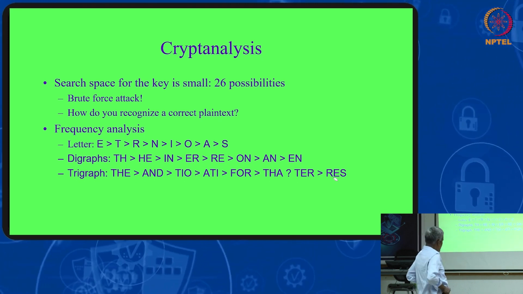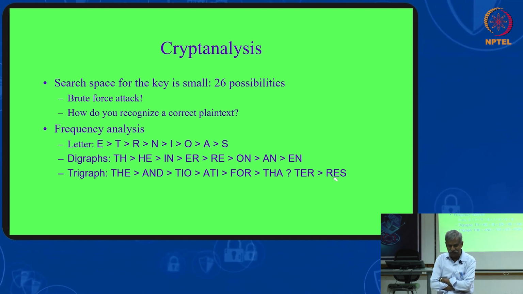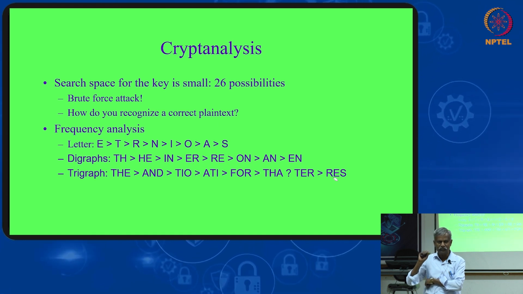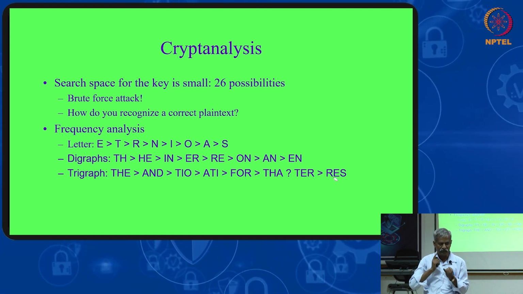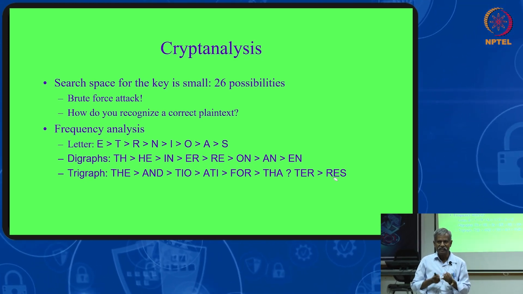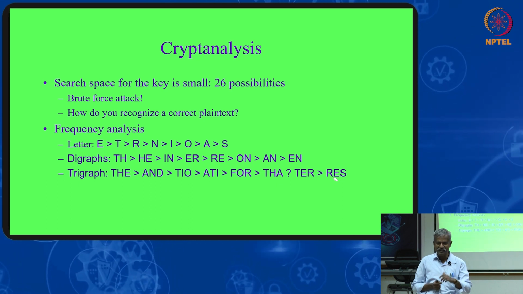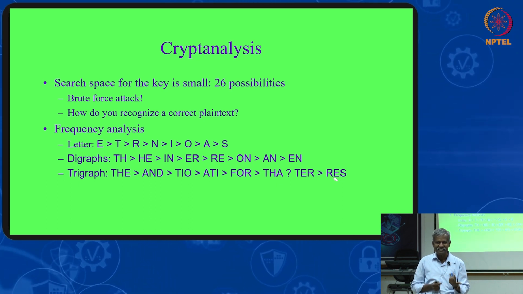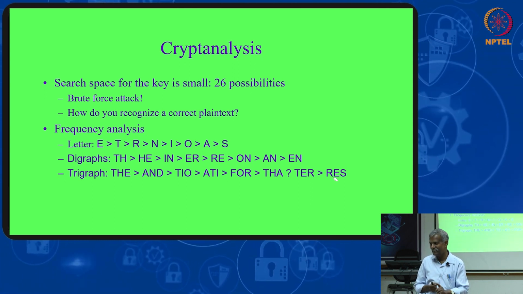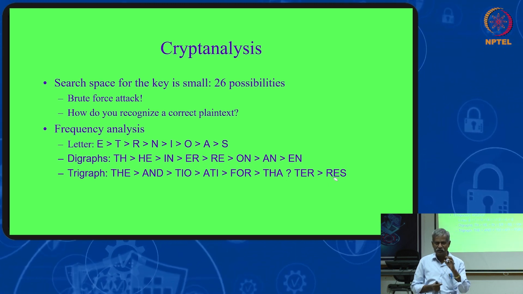Now, different types of attackers are there. The attacker knows the algorithm, but he will not know the key. Always you should think that the attacker knows the algorithm. The attacker knows the ciphertext. He wants to get the plain text. He does not know the key. If he knows the key and the algorithm, what can be done? Immediately decryption can be done. He does not know the key. He is trying to do some attack to know the key.